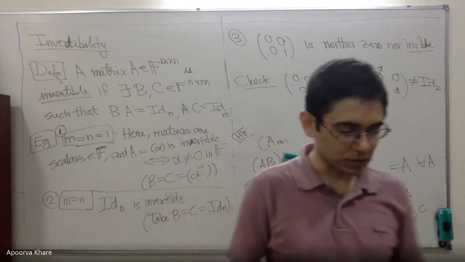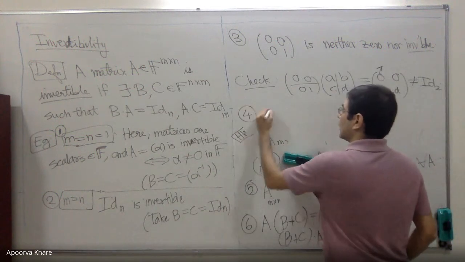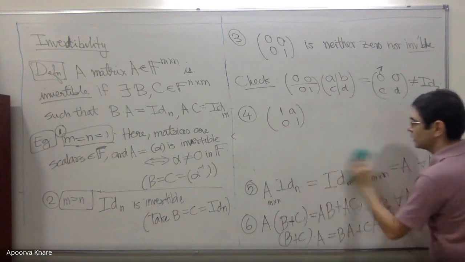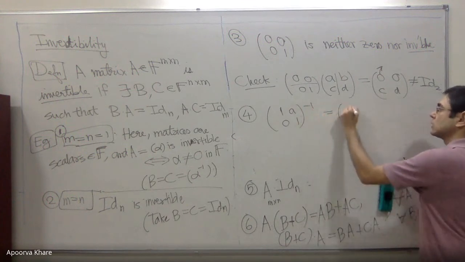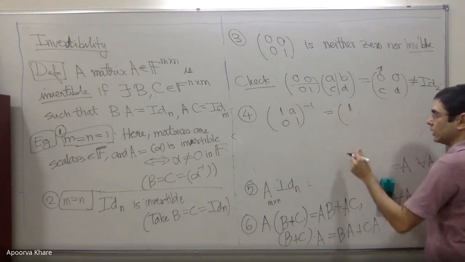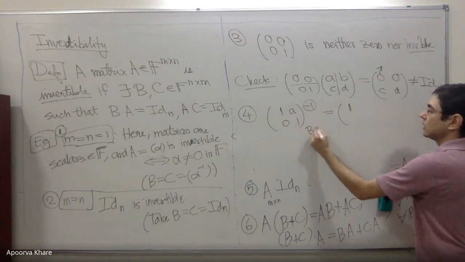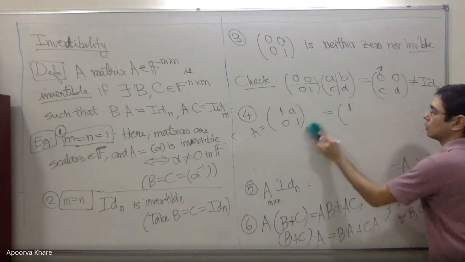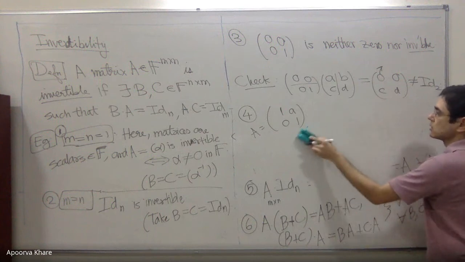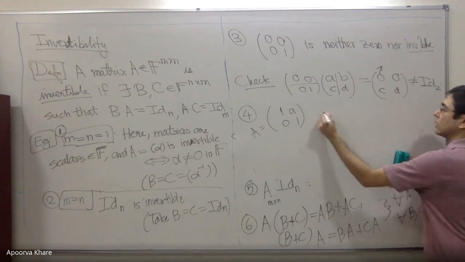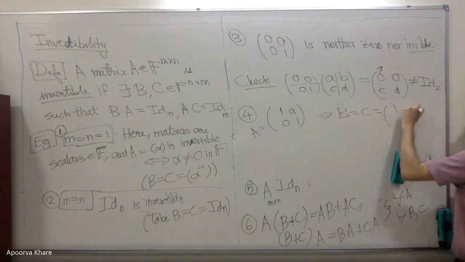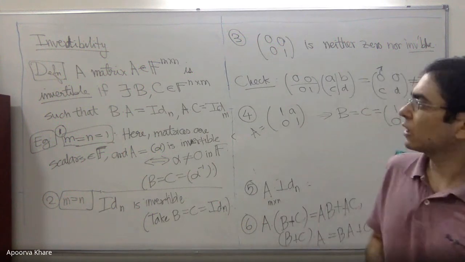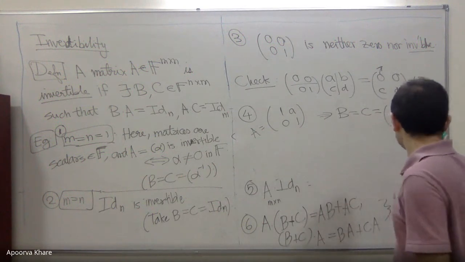Okay. So you can do many such things. On the other hand, you can say something like this. This matrix, if you take 1, A, 0, 1, for any scalar A, then this is invertible and its inverse, by which I mean B equals C, if this is my matrix A, then B equals C equals 1, minus A, 0, 1. This works. So indeed this matrix is invertible. So there are lots of examples of invertible matrices and of non-invertible ones.